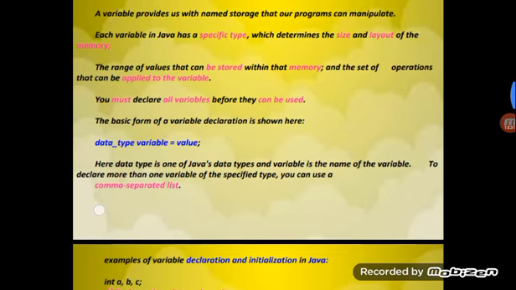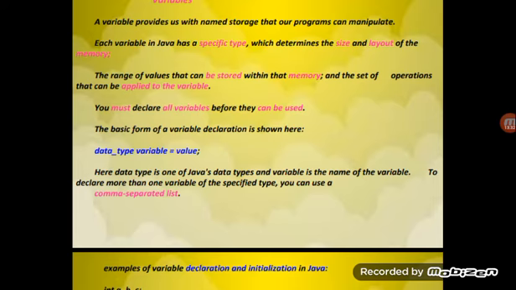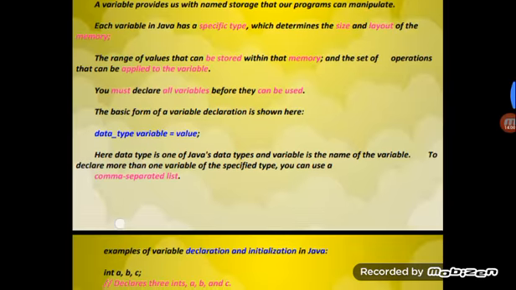Here, data type is one of the Java data types, and variable is the name of the variable. To declare more than one variable of the specific type, you can use a comma separated list.